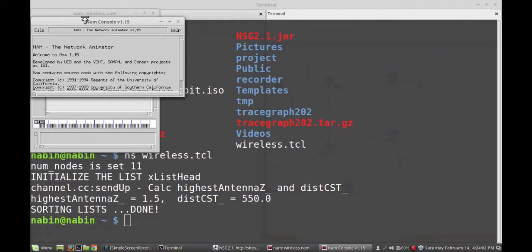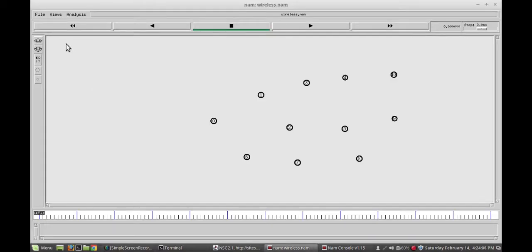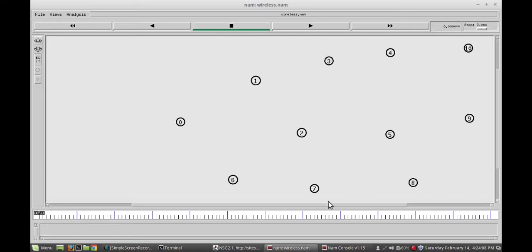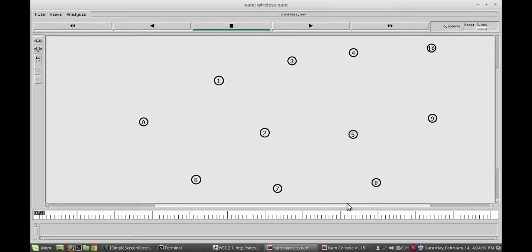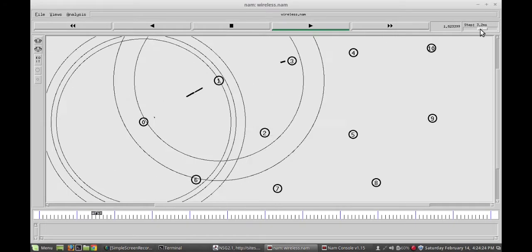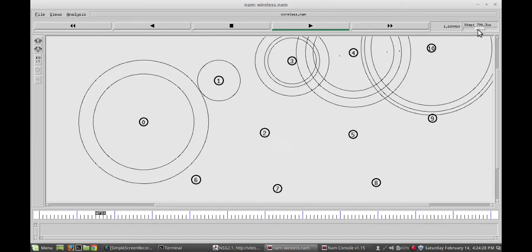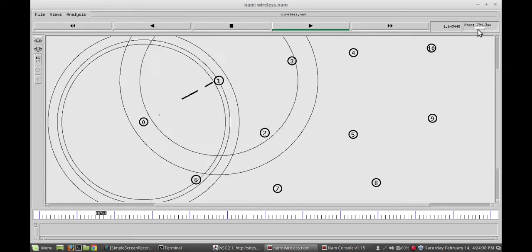When I run this wireless.tcl, a NAM window opens where I can see my simulation. This is the topology that I created just now using NSG. Now let me start my simulation. As I'd given the start time for TCP as 1, you can see the source and the destination communicating with each other.